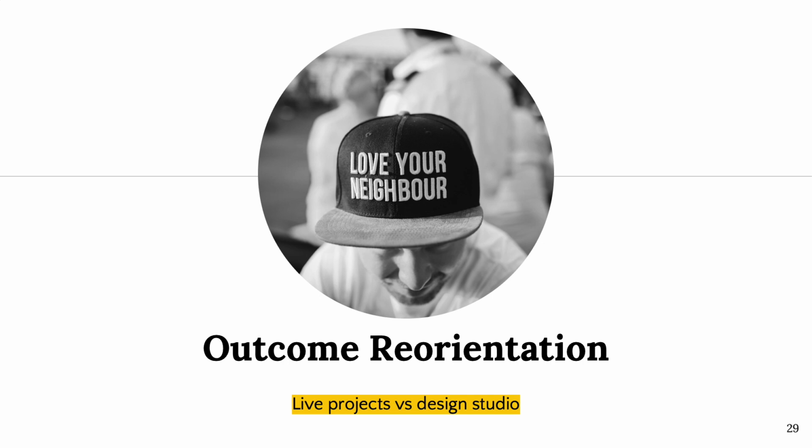By contrast, the output of a live project is ultimately judged by the client, community, or user group and has very little to do with the predetermined institutional frameworks. This output reorientation directly challenges the individualistic student as consumer paradigm. Furthermore, the mode of operation is more akin to the professional realities of practicing architecture.